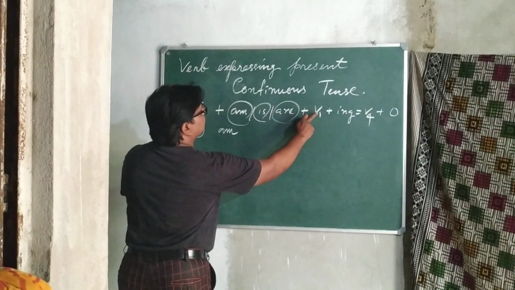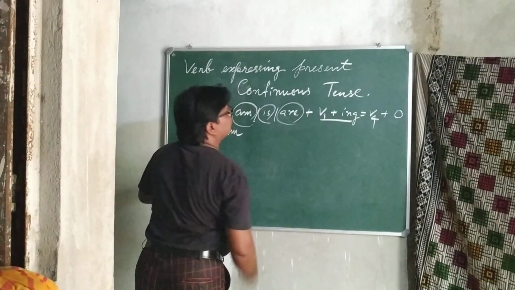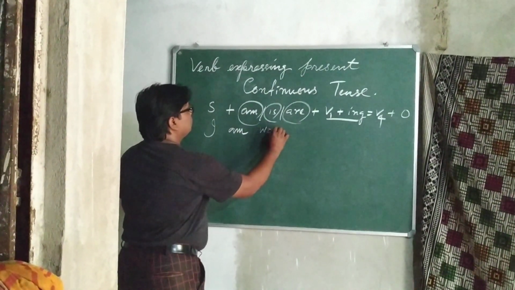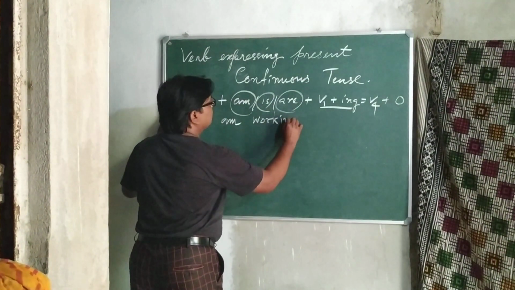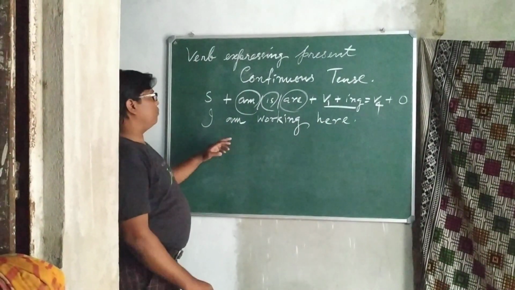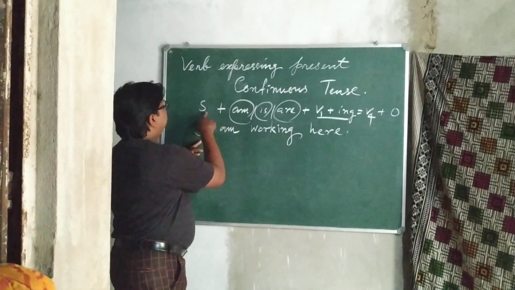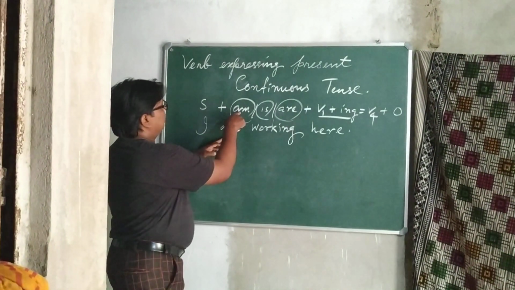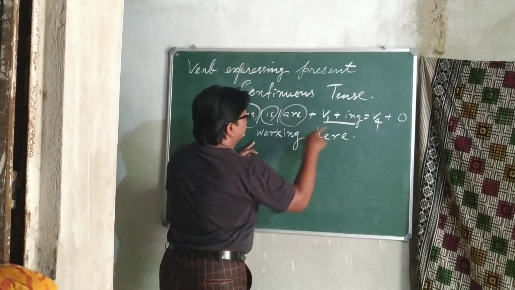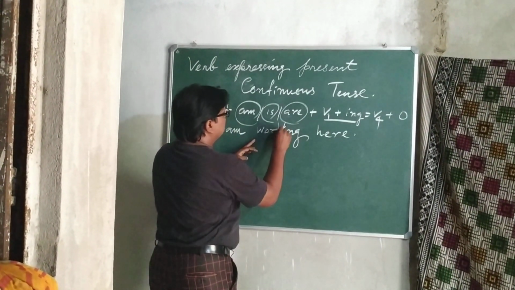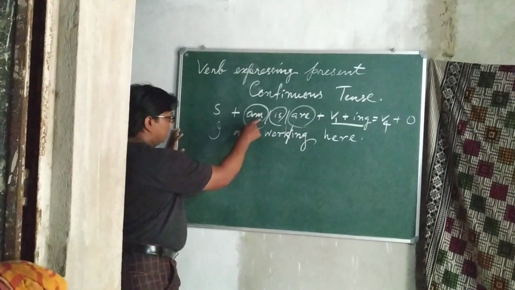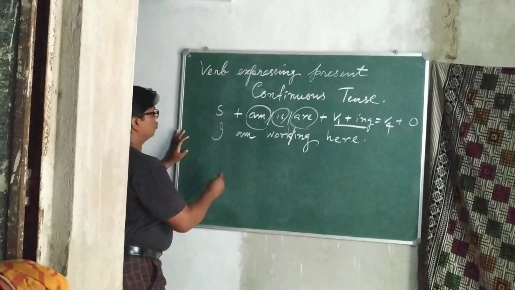I am V plus ing we will use here. I am working here. So here the subject I came, am is here, and the ing form: V1 work, and ing form working. So this is the use of am, and for the use of is we will use he,